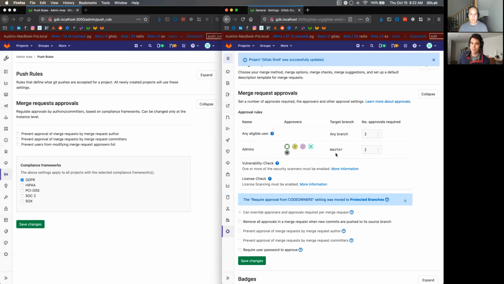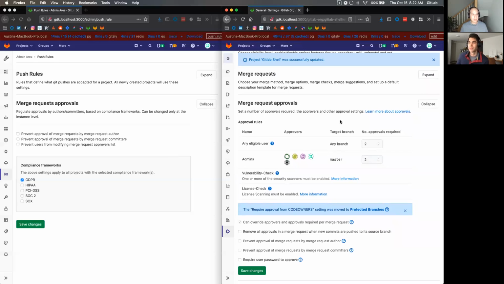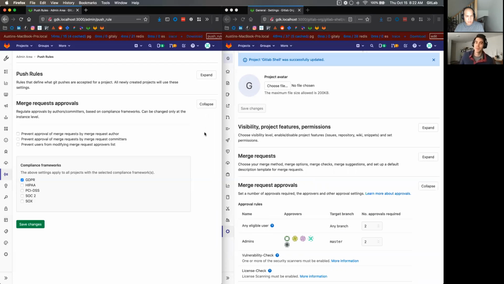So this is just a great example of clearly there's a lot of difference between having all of the available merge request approval functionality at the instance level. It doesn't exist at all at the group level. And so that's an area that we want to help clean up, clarify some of the UI text, and make it a little bit more sensible, if you will. So yeah, I think that one will be going in probably in the next couple of releases.